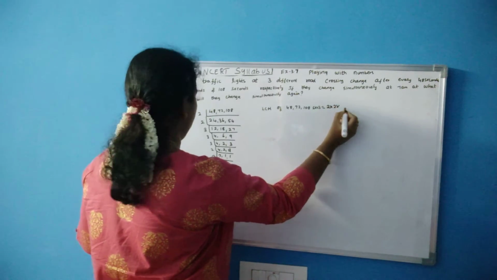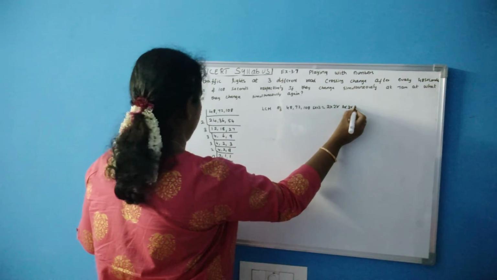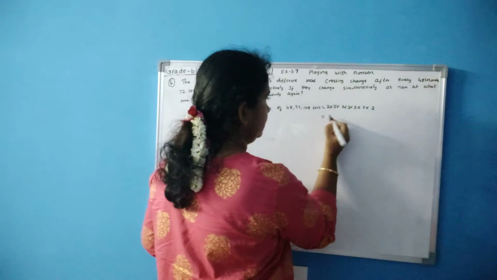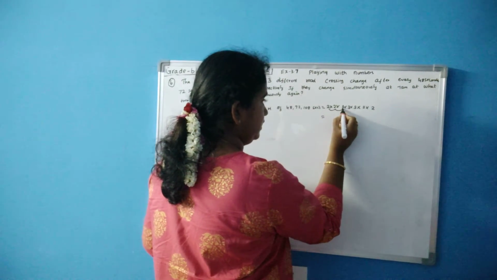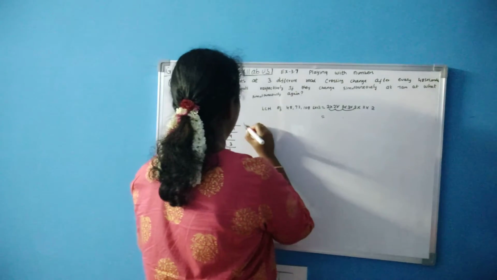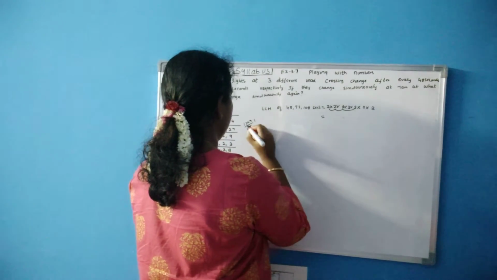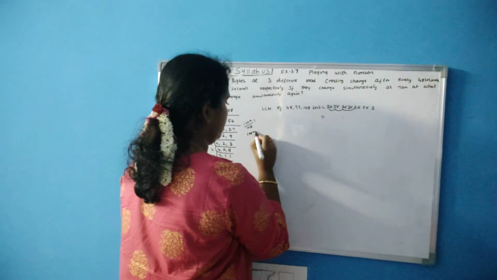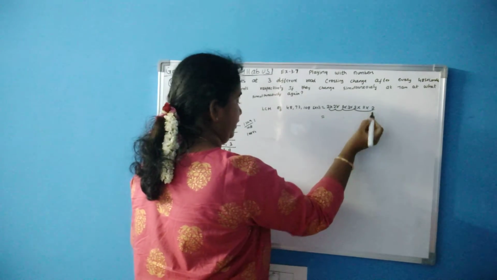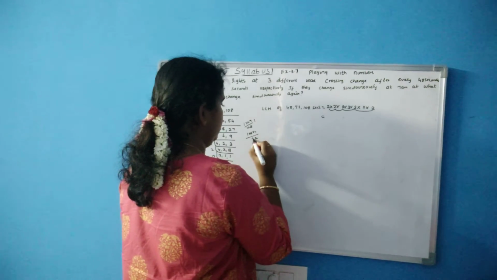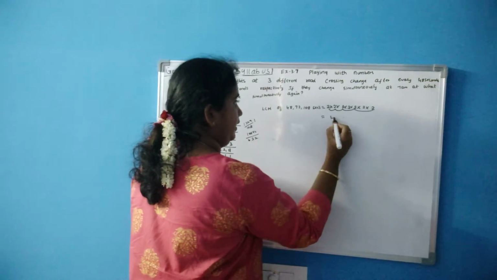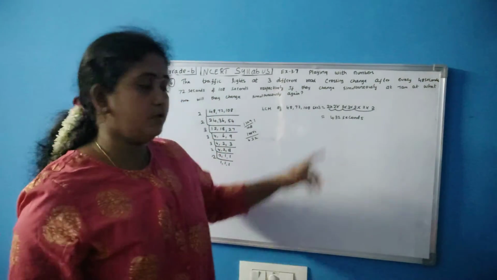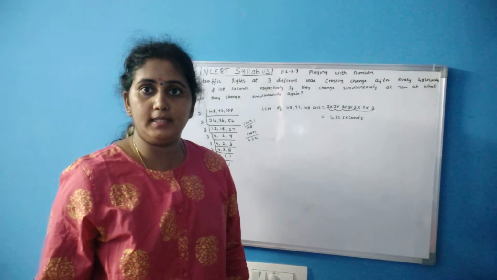2 into 2 into 3 into 3 into 3 into 2 into 2. Now multiply. 2 into 2 is 4. 4 3s are 12. 12 into 9: 2 into 18, balance 1, 1 into 9, 10, 108. So 108 into 4. 8 4s are 32, 1 4s are 4. So 432 seconds. Now like this you can't express 432 seconds.